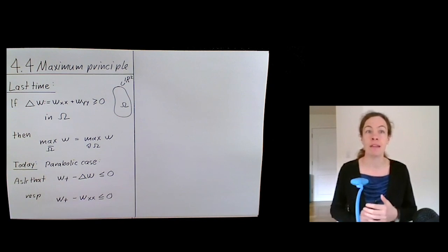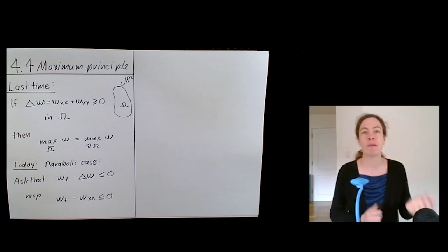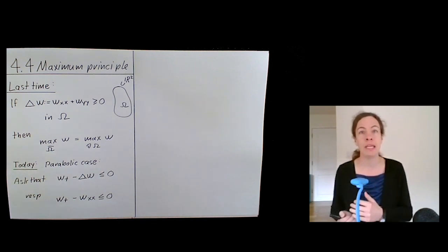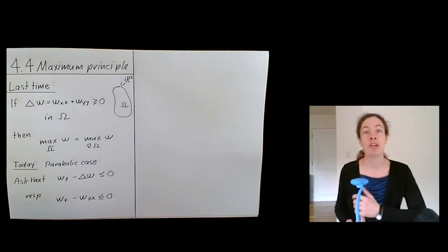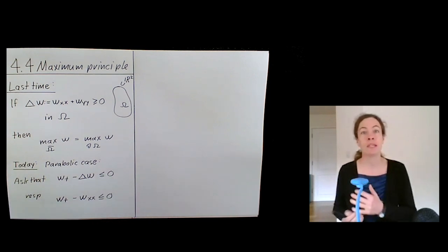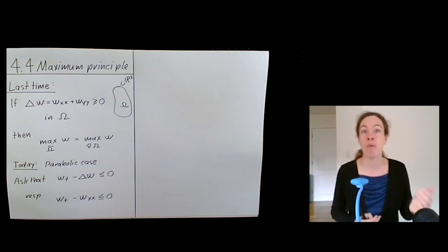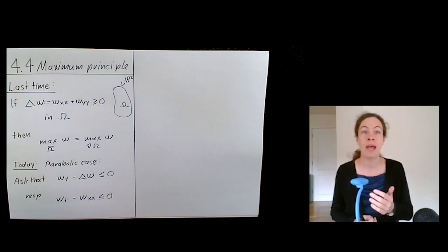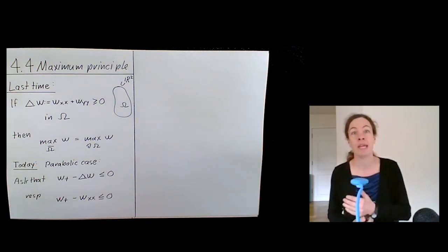We've said in particular that this is very useful if you want to study elliptic equations, because in general you don't consider just a PDE on its own, but you consider a PDE together with some data. And the right type of thing to consider when you have an elliptic problem, which we've seen in the normal form involves the Laplacian, is actually boundary value problems. So you would consider such an elliptic PDE together with the condition that w prescribed on the boundary is some given function g, and then the maximum principle allows you to control the maximum over the whole domain in terms of just the maximum value of your data.